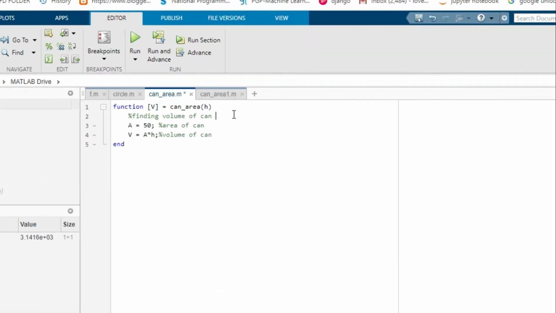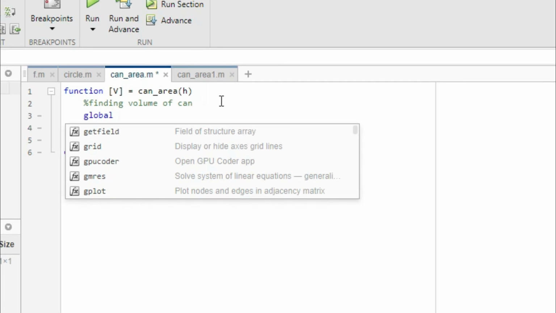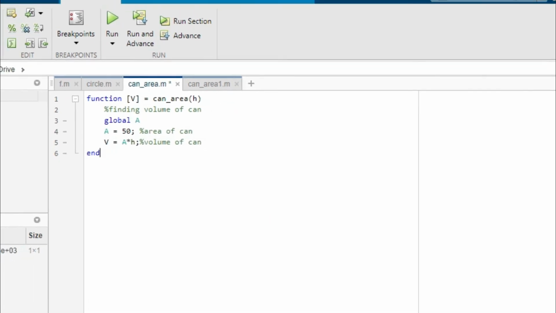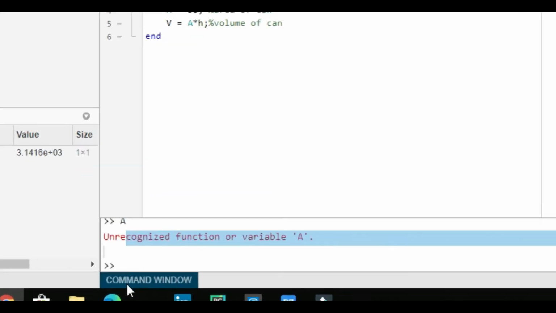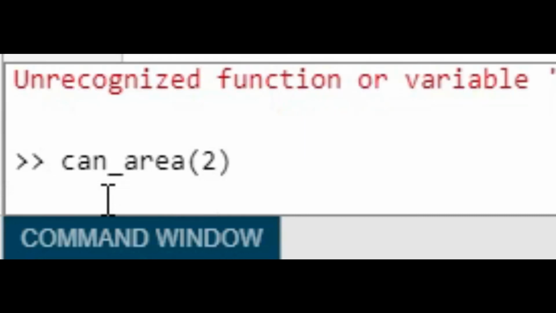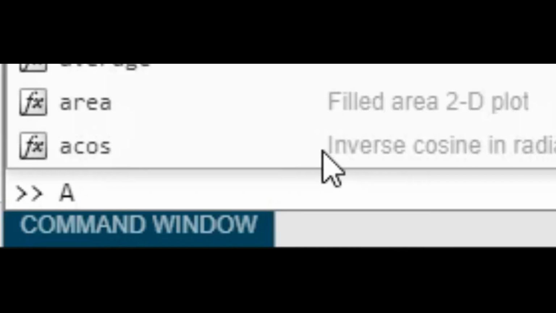So for defining a global variable, you need to use the keyword global, and after that the name of the variable, which is A, capital A. Let's save this file, and now let's say can_area as 2. So after entering capital A, this gives output like this.